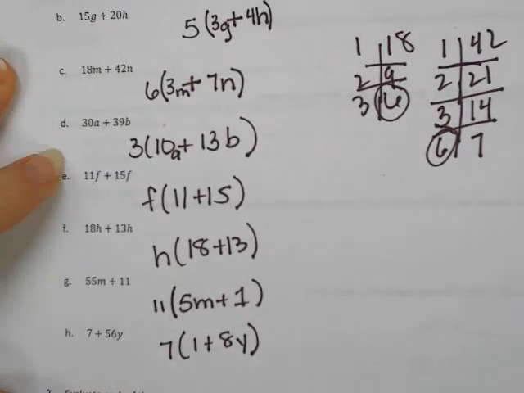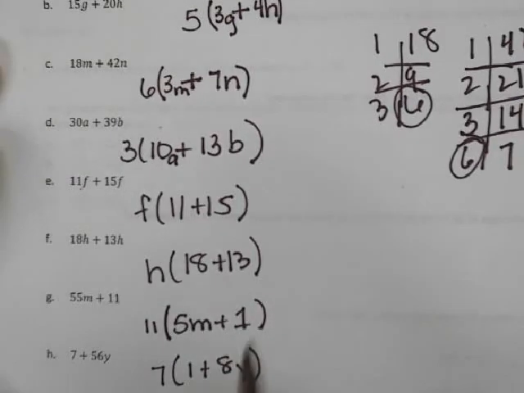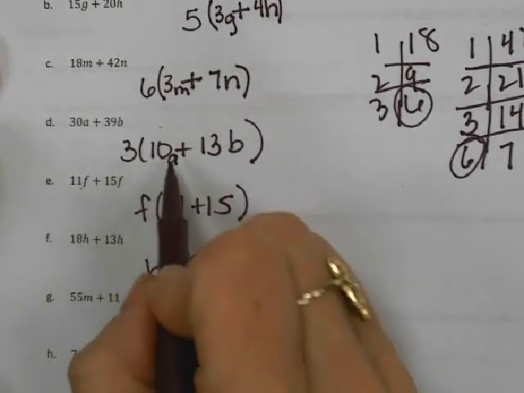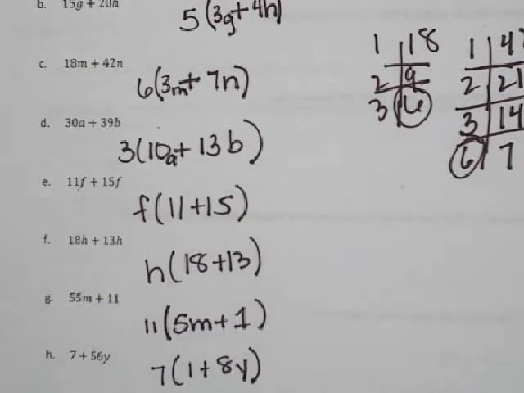Okay, so hopefully you tried those on your own, or at least a few of them, so let's go over them. D would be 3 times the sum of 10a plus 13b, because 3 is the largest number, the greatest common factor that divides into